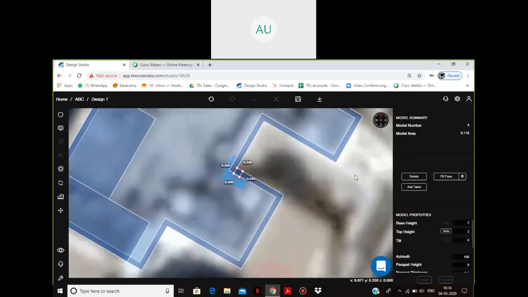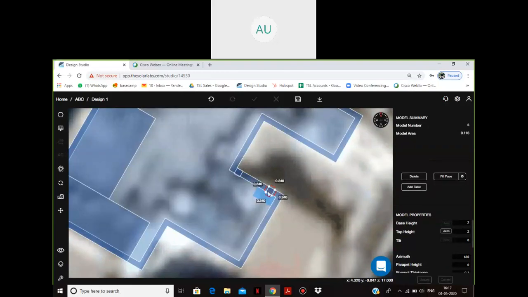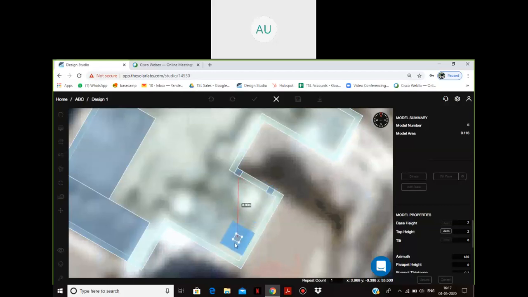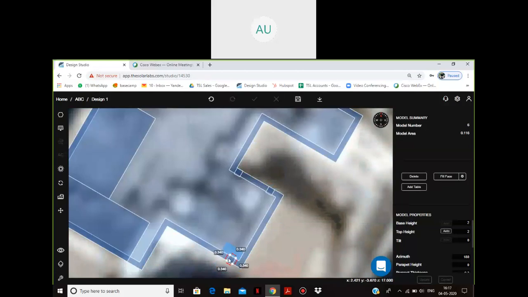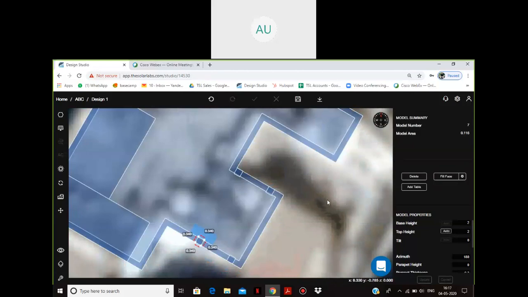I need 4 pillars, so I don't need to make them again and again. I have a simple option of copying and pasting. As we do in Windows applications, I have the option to copy paste. I can just press Control C and Control V, and I'll easily be able to duplicate those particular polygons and place them wherever I like. So here I have made these pillars.